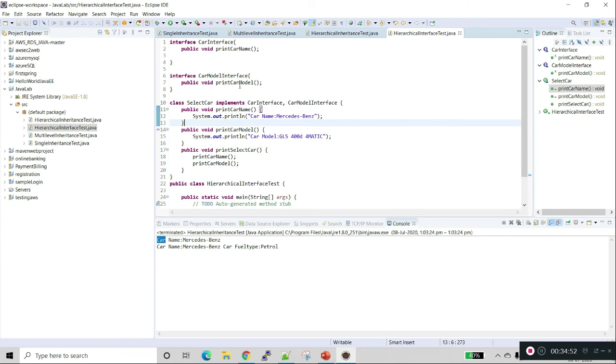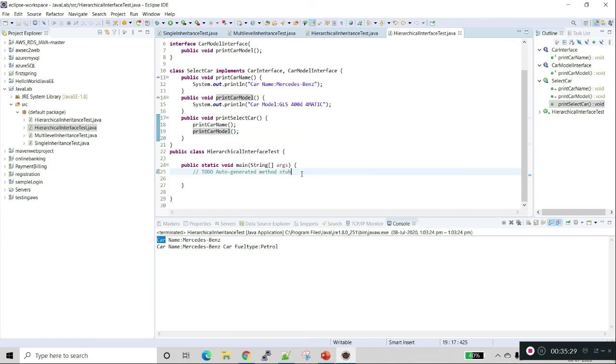We created the car interface, which prints the name, and the interface model to print the car model name. Select car implements both interfaces, so we should implement both functionalities here. I'm printing the car name and the car model. Now I am creating a new function here, print select car, where I'm calling the car name and car model.